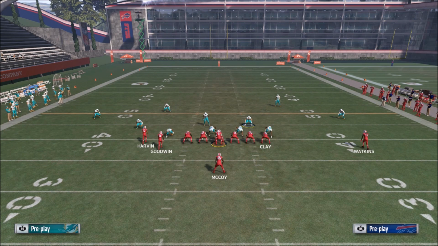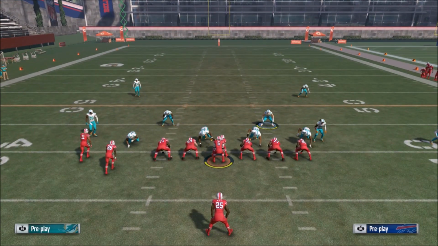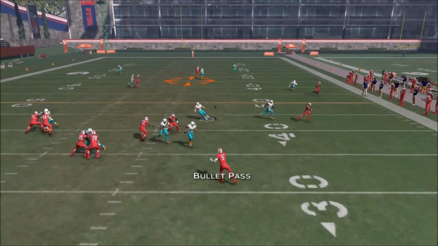Now, let's switch to a man defense real quick and show you. Against man defense, you won't be able to bomb this play. This is the only coverage you can't actually bomb because there's going to be a man with him. But you're still going to be able to pick up a good amount of yards with this. As you can see, once he gets off the press,